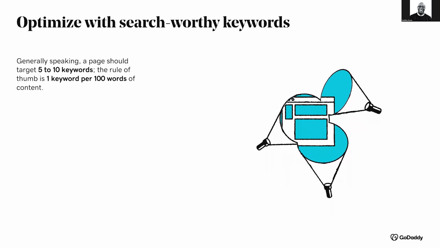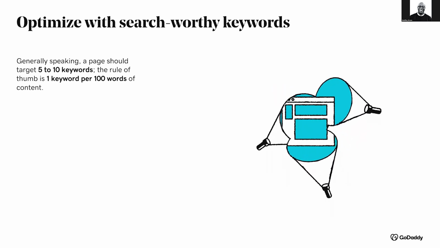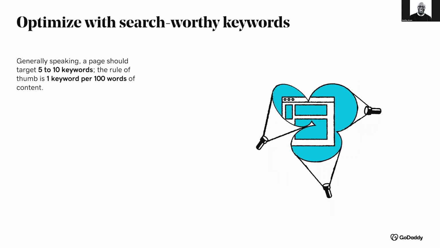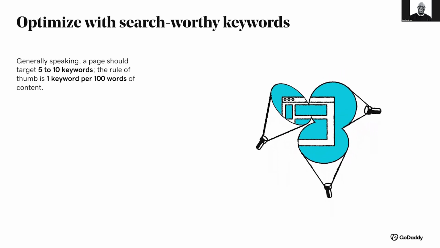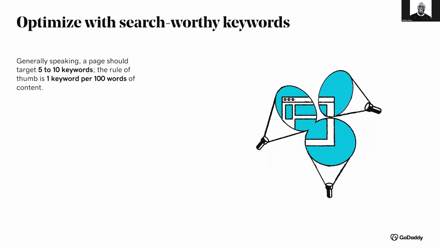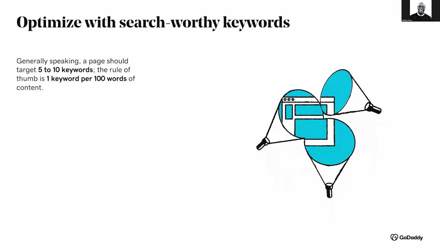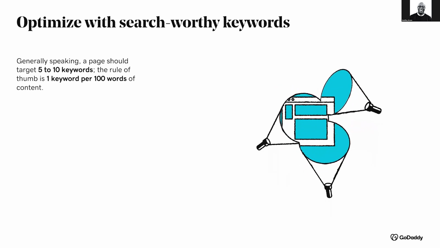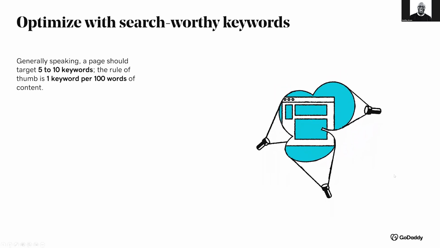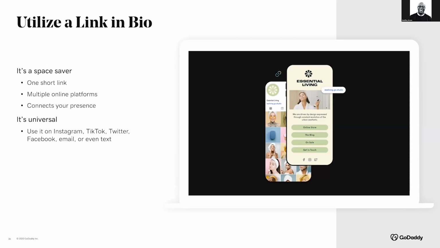Now, what does that look like? Having those keywords set up and optimized really helps search engine crawlers organize and rank your site to have it pulled appropriately when someone searches for something like stylist near me. Those are keywords. Dog groomer, those are keywords. Accountant, construction services, those are keywords. So you want to make sure that they are on your website and throughout your page. Like I said, target 5 to 10 keywords or 1 per every 100 words on your website. That's just the rule of thumb too. So to help people find and search for your business, that's a little SEO.